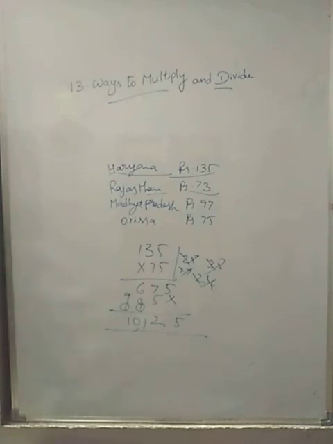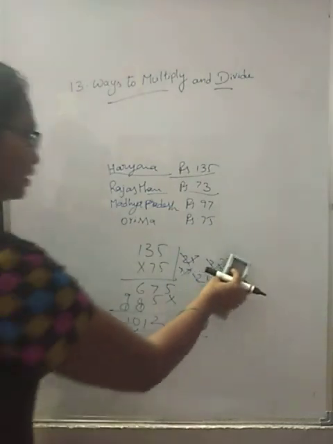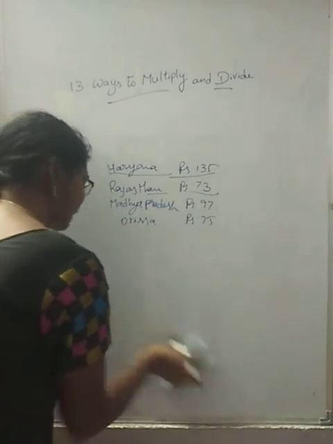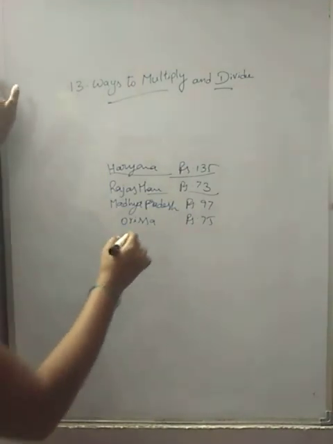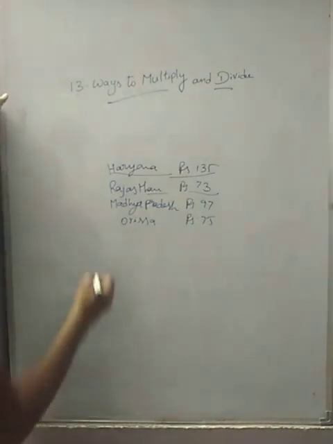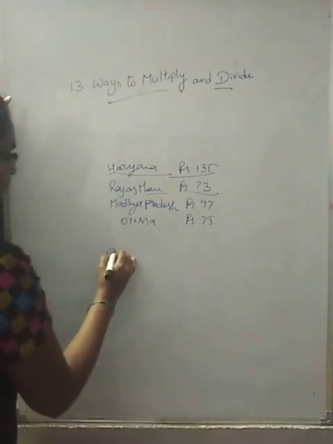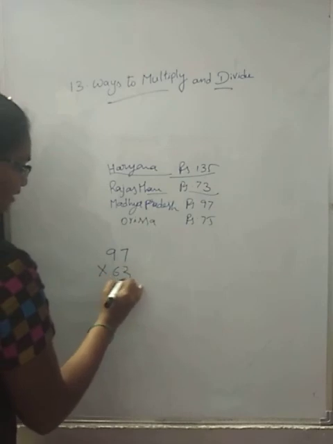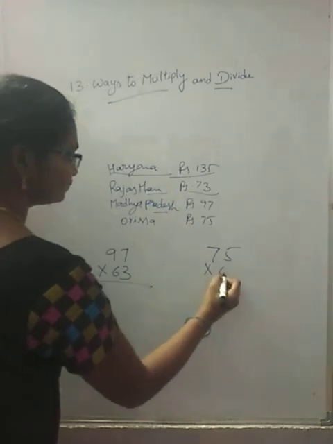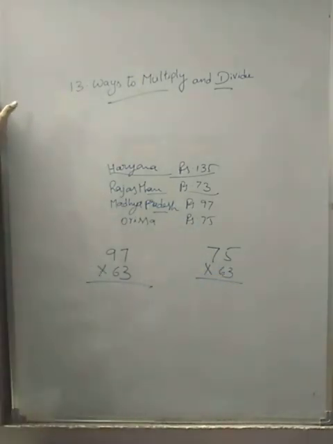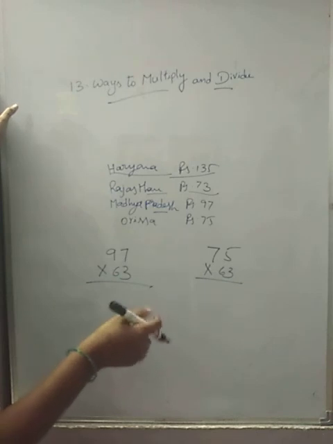How much more will a farm worker in Madhya Pradesh get than a worker in Orissa after working for 9 weeks? Here, two members work the same 9 weeks, but one member works in Madhya Pradesh and another one works in Orissa. 9 weeks means 9 7s is 63 days. 63 days they are working in Madhya Pradesh and 63 days they are working in Orissa. For 1 week 7 days, 2 weeks 14 days. Like that, 9 weeks means 9 7s, 63.